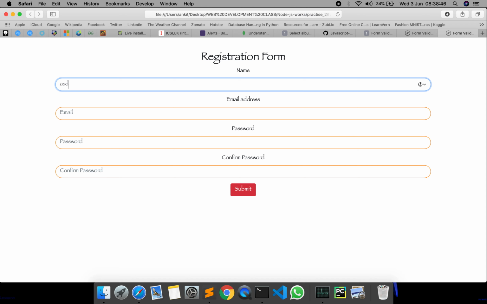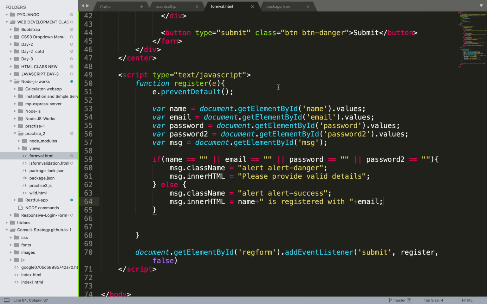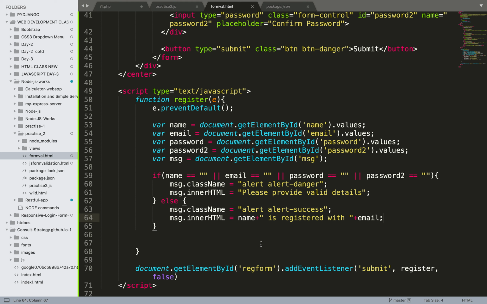So for example, I need to fill out everything just first. So undefined is registered with undefined. Okay, why isn't it working? Name with email.